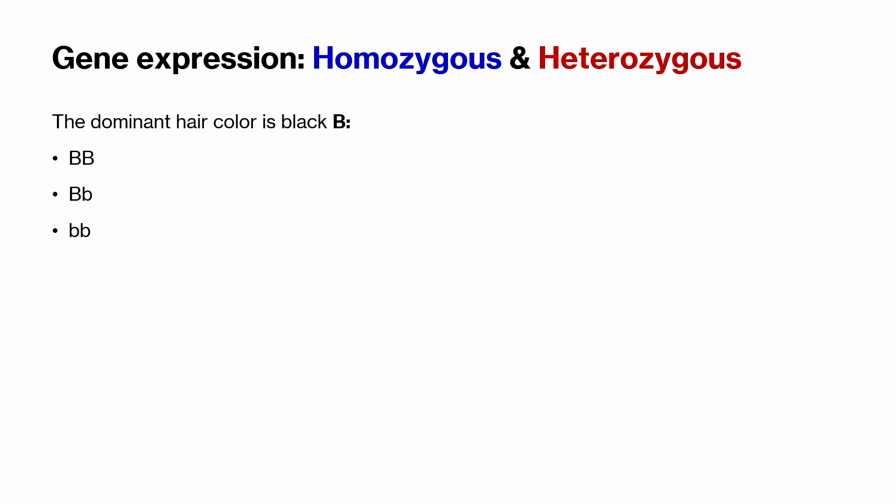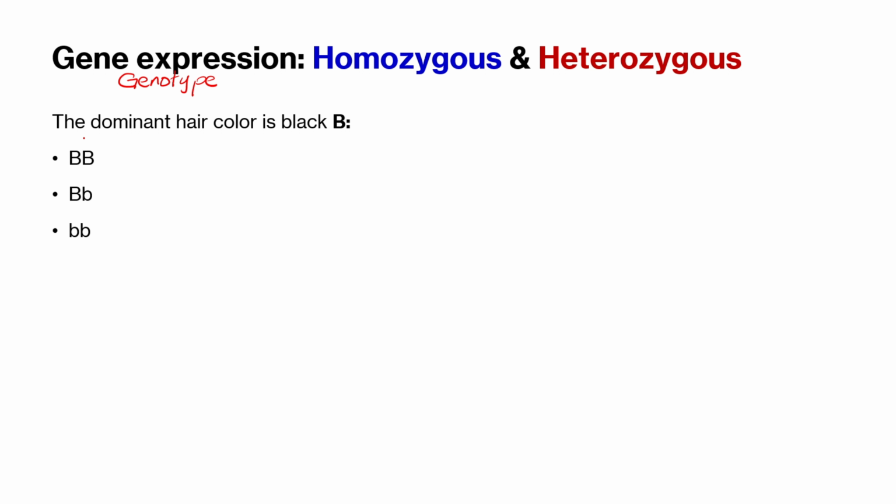So we have got this thing known as gene expression. A gene expression is actually known as a genotype. We want to see how a gene expresses itself. It's known as a genotype. Remember, we said that the phenotype is the physical characteristic, how you look, but the gene expression is known as the genotype. So we've got a homozygous state and a heterozygous state of a genotype.